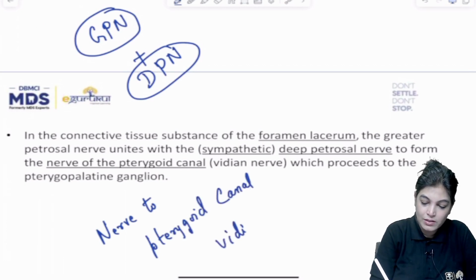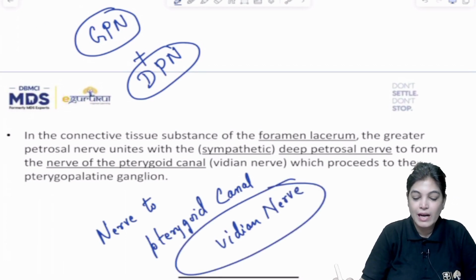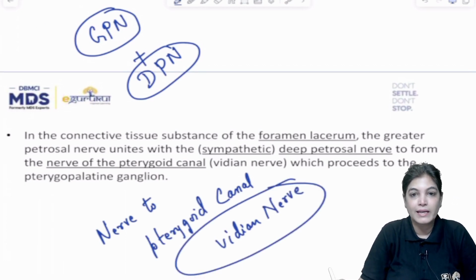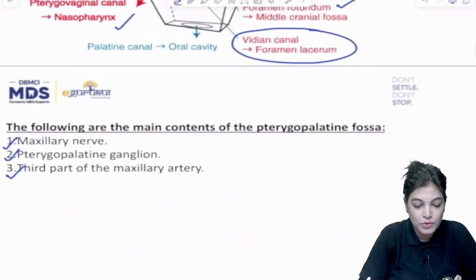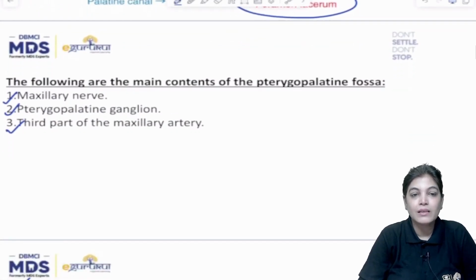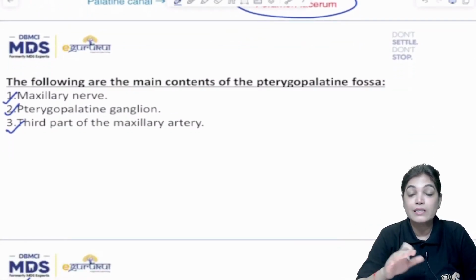What is it called as? It is also called as Vidian nerve. Now, this Vidian nerve is the nerve which is traversing through the pterygopalatine ganglion. We know that pterygopalatine ganglion is a content of pterygopalatine fossa. So please don't get confused because it is not given as a nerve of pterygopalatine, it is just mentioned